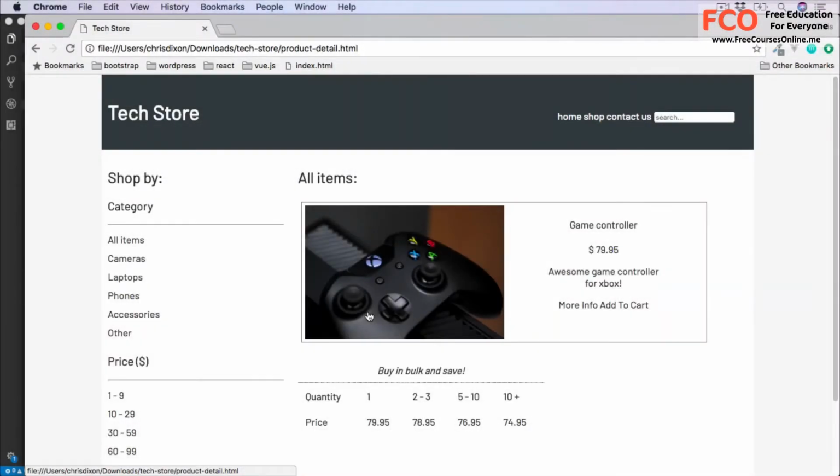We'll now move on to HTML tables. Tables, as they sound, are used to display a table of data. We use a table here on the product detail page to lay out rows of data about any discounts available for buying in bulk. Tables can be used for basically any type of data which we want to arrange into